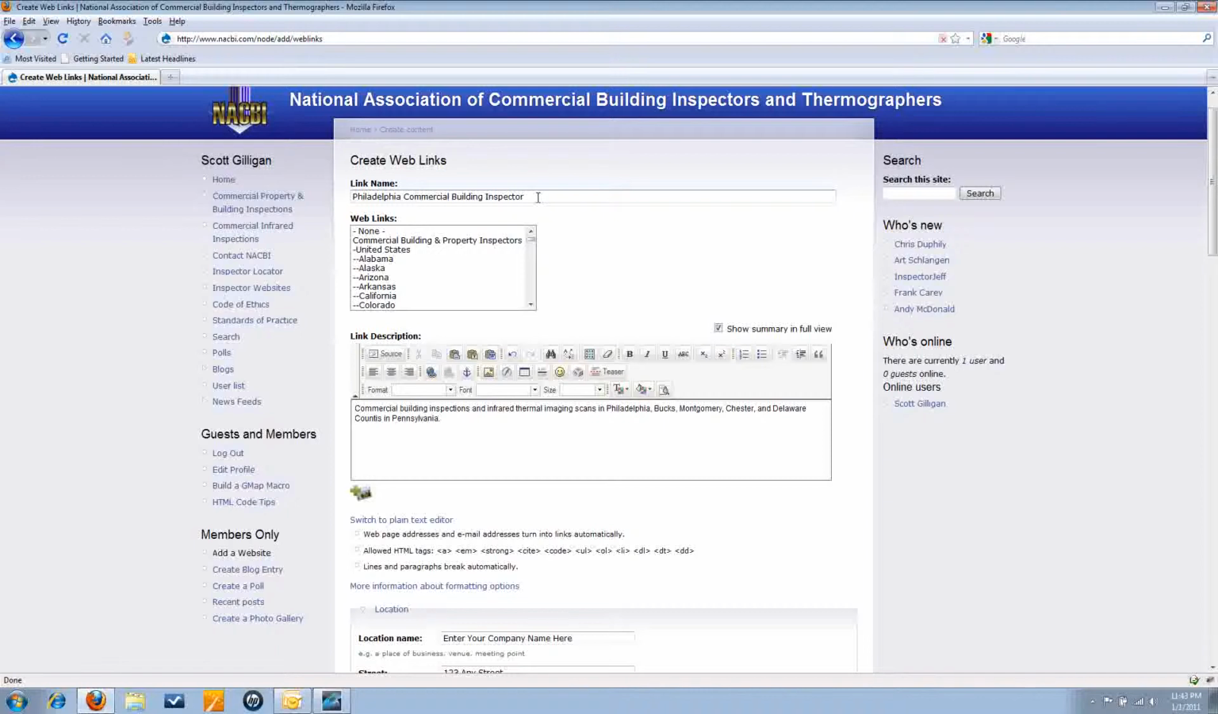So we want to create a link of a relevant search term that somebody might use in one of the search engines. Here we can see we populated that with Philadelphia Commercial Building Inspector, and that could be a term that somebody will type into Google, Yahoo, or Bing, or any number of the search engines to find a commercial